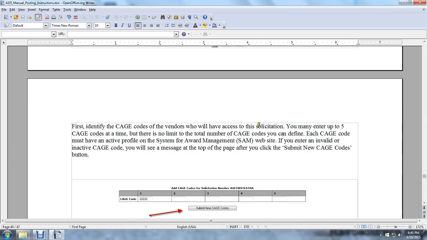Who will have access to the cage codes of vendors who will have access to the solicitation. You may enter up to 5 cage codes at a time, but there is no limit on the total number of cage codes you can define. Each cage code entered must have an active profile